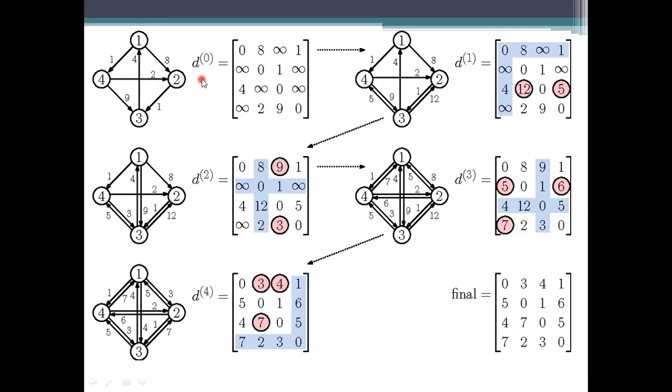Okay, so the intermediate node is 1. The first one will be 0, the diagonal will be 0, and the remaining will be infinity other than the edges. Okay, first one is 1. So here we are choosing the 1. So 2 to 1 and then 2 to 3. 2 to 1, 2 to 3 has to be taken. Or 1 to 1, 1 to 3 has to be taken. We need to see if there lies a path or not. So here D1. 1 means first row and first column we need to take. By using the first one, are you reaching the remaining or not, we need to see.